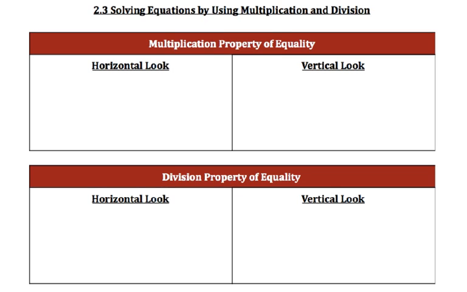At this point you've done addition and subtraction, and you've done it the vertical way. So let's take a look at multiplication and division, and how you would solve one-step equations that involve both of those. So for the horizontal look at the multiplication property of equality and the division property of equality, let's just